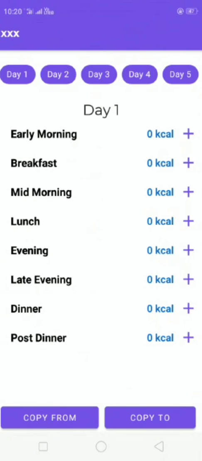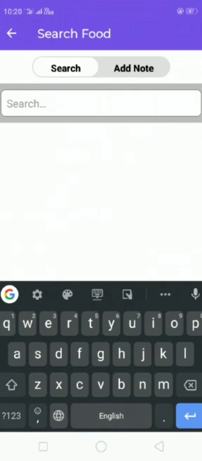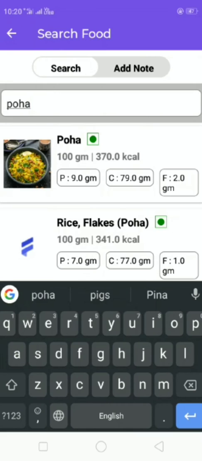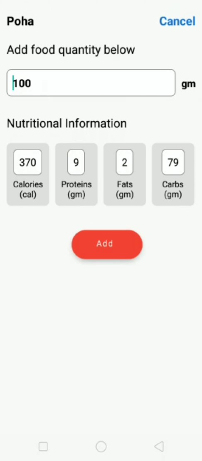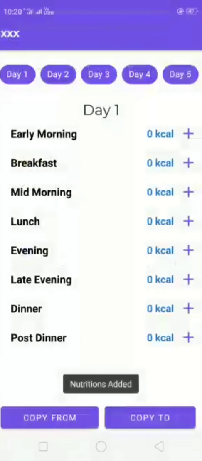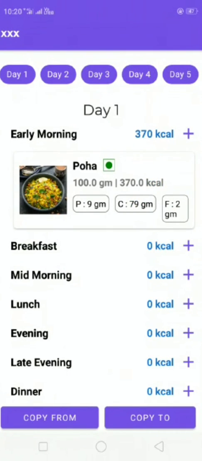Now add the food items that you want to assign to the member. Right now we have few food options listed, but we will add more later.